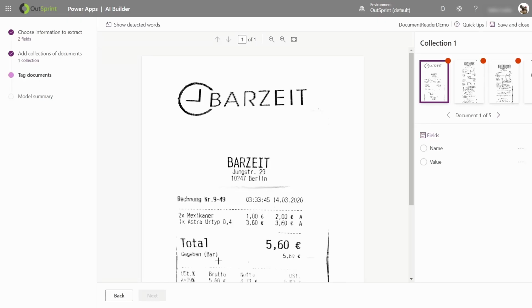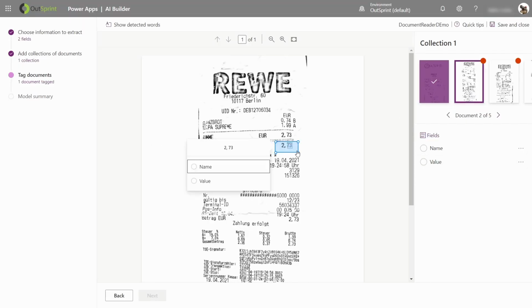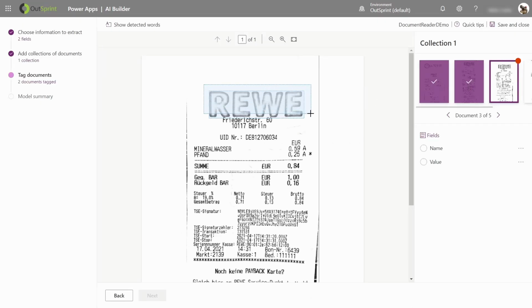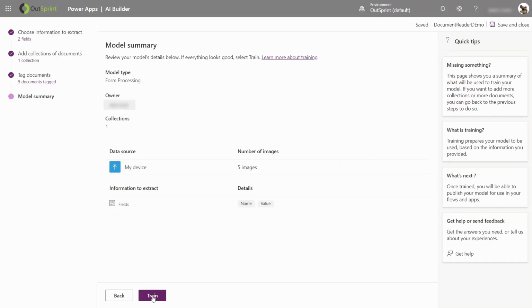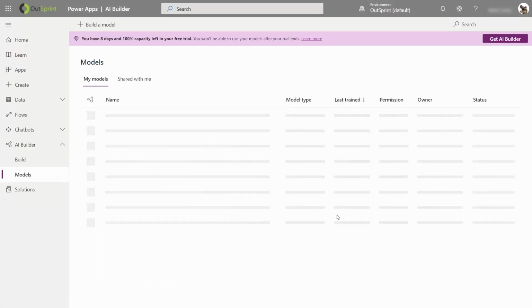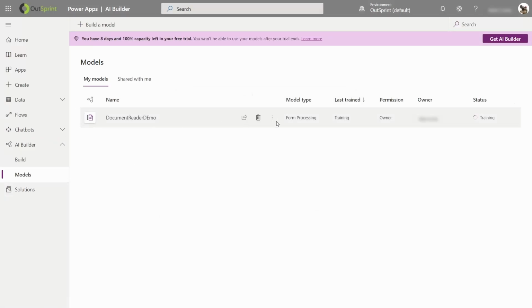We tag these in the document, and once that is done for all the provided documents, we let the AI finish the training process. And our AI model for form processing is ready to be used.